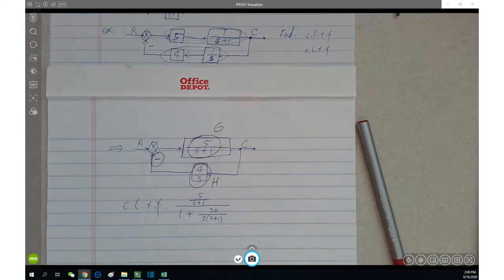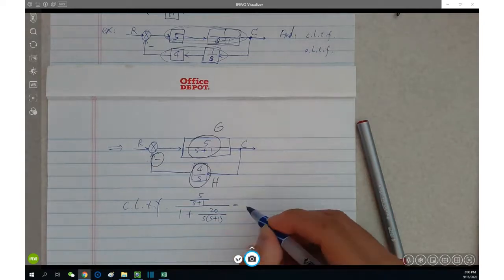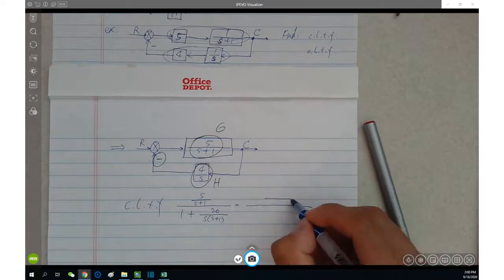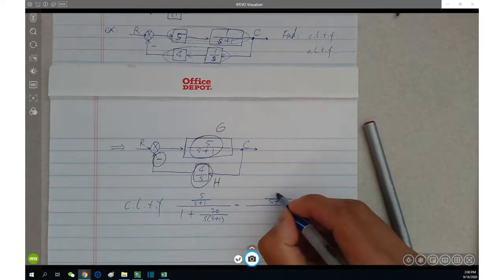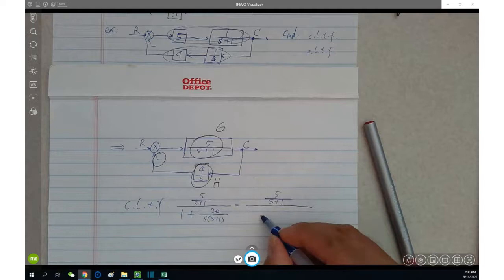Does it make sense? You can leave the result like this. Actually, I don't mind in the exam. Okay, you leave your final result like this. It's all right. In the middle steps, you probably don't want to do this because it's too messy. However, this kind of result is enough. But if you want to go further, then you can do it. So the numerator remains, and the denominator is what? It's s